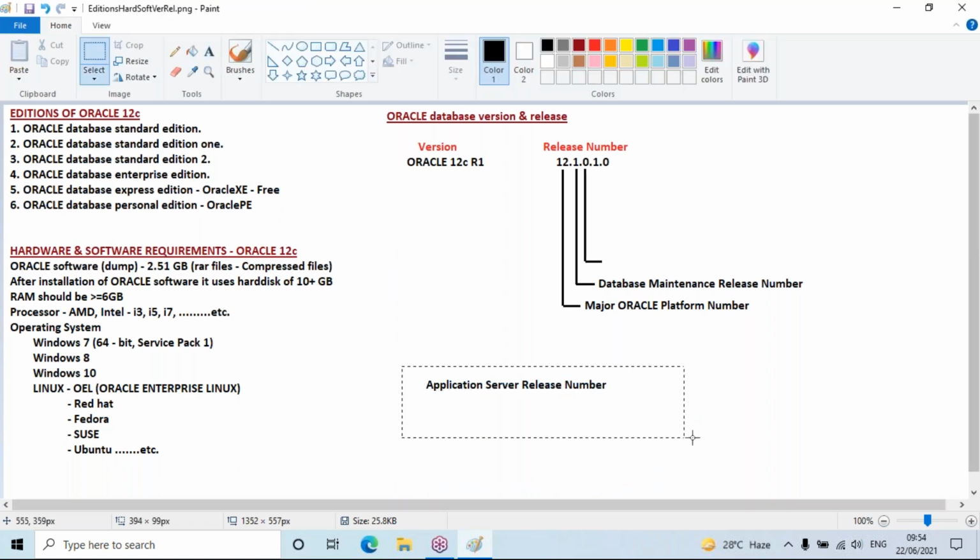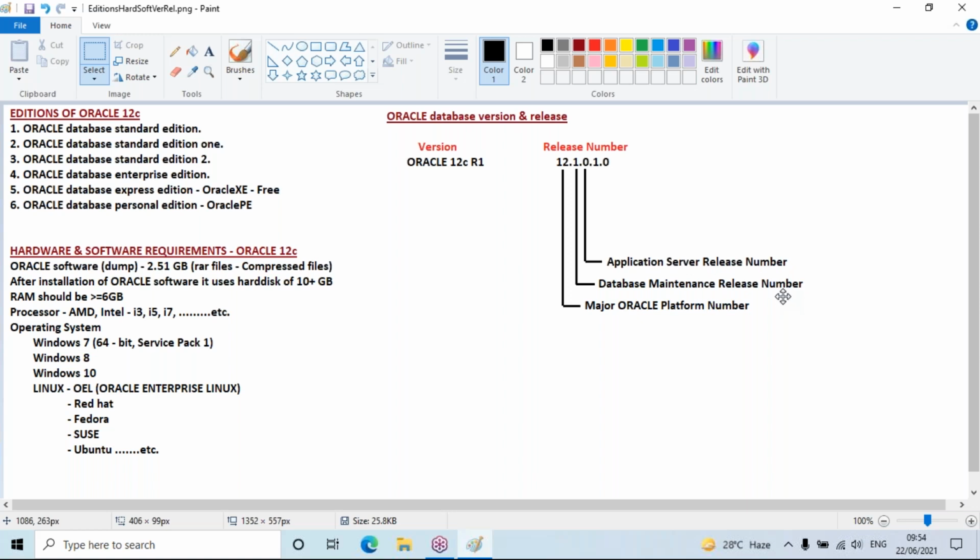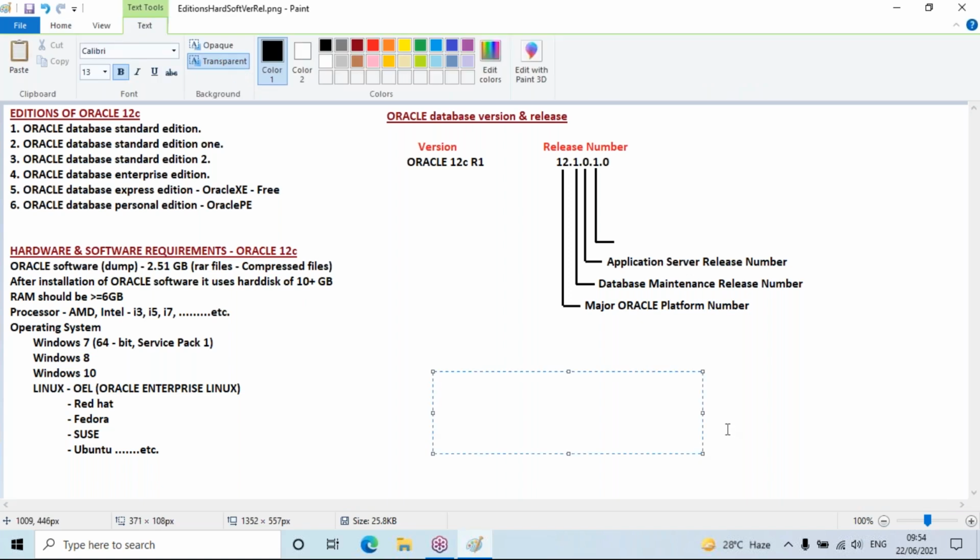Again, we have 1, and this one we call the component specific release number.